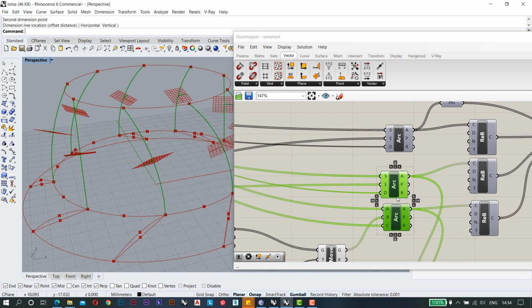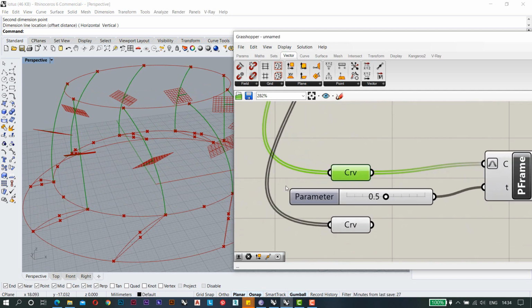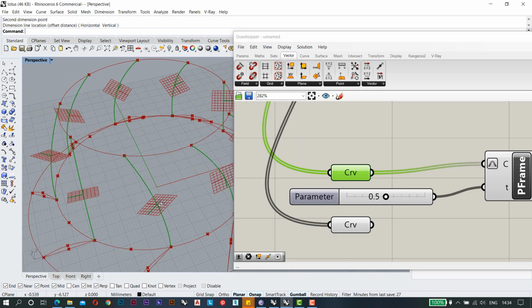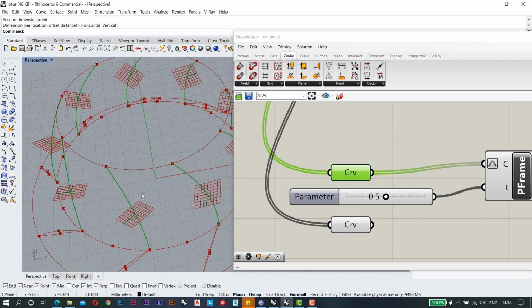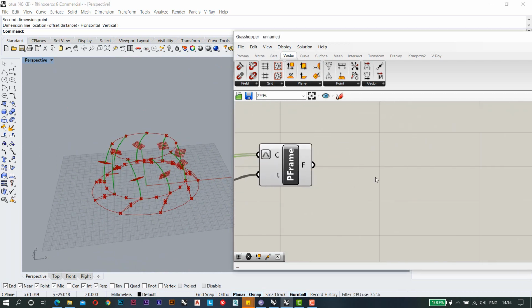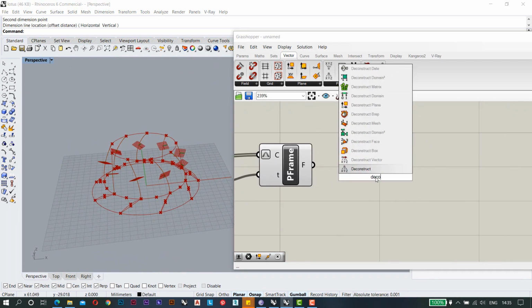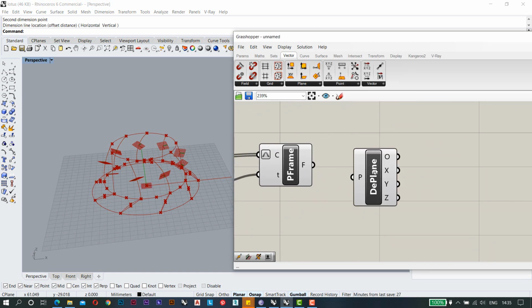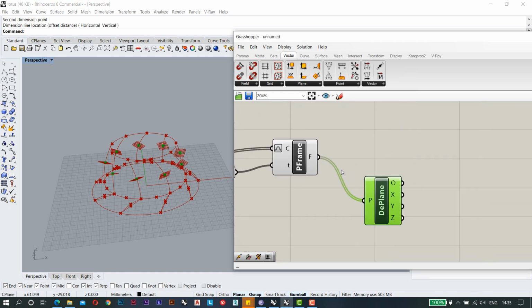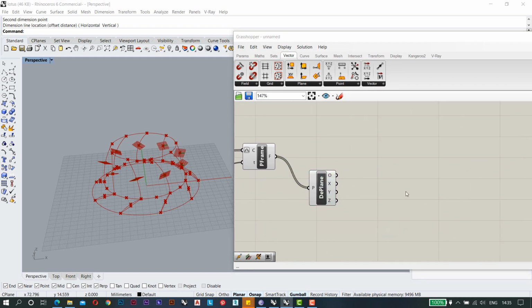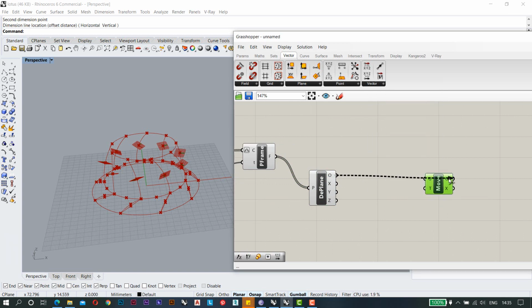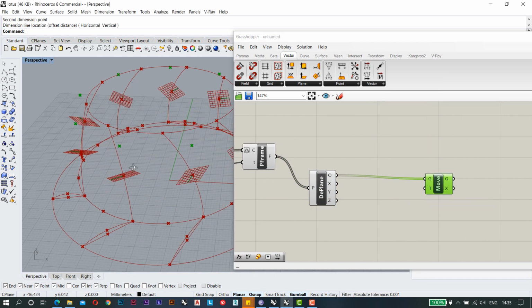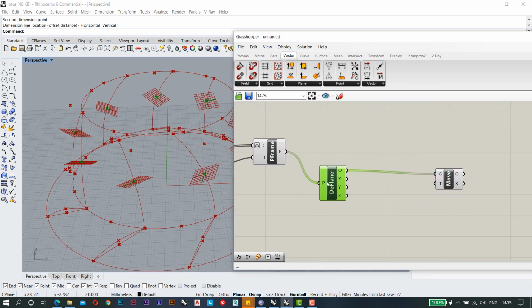So basically we have right now these arcs, and in these arcs we have this kind of perpendicular plane in the center. What we are now going to do is deconstruct this plane. So this we need to deconstruct, and again we need to move it. So we are going to use the move geometry. This time this is our region that we want to move, but this plane point is right now here, and we need to move it.